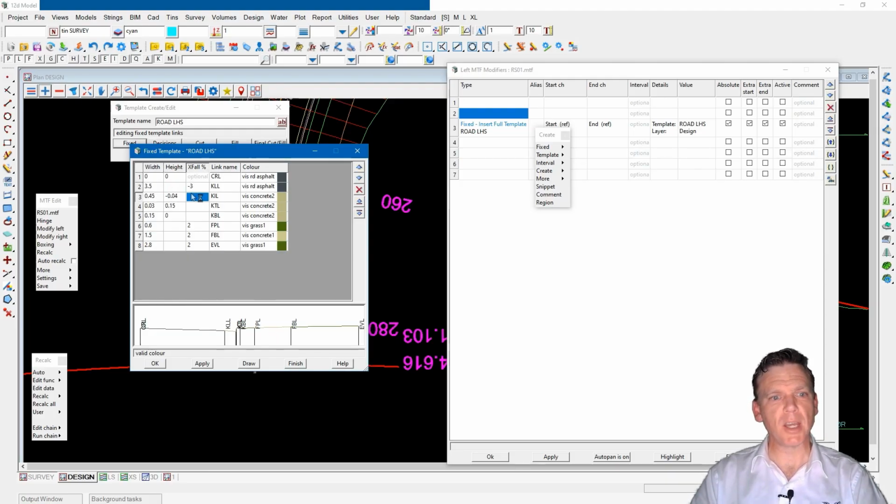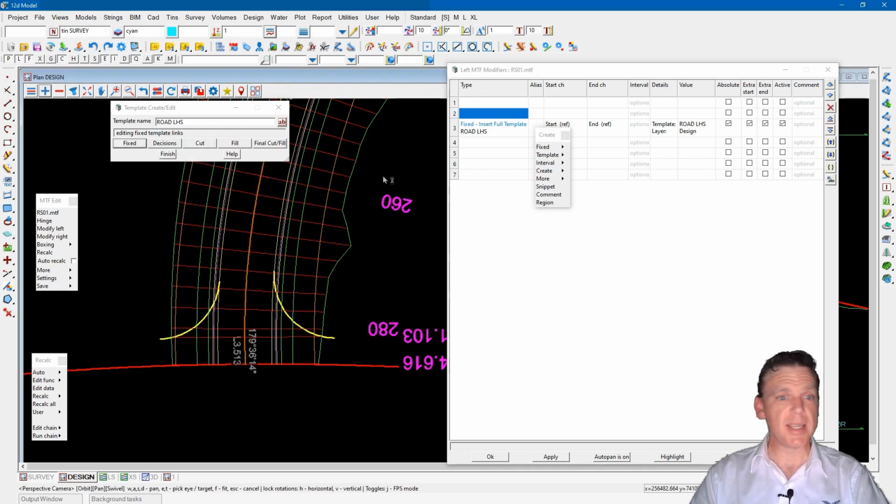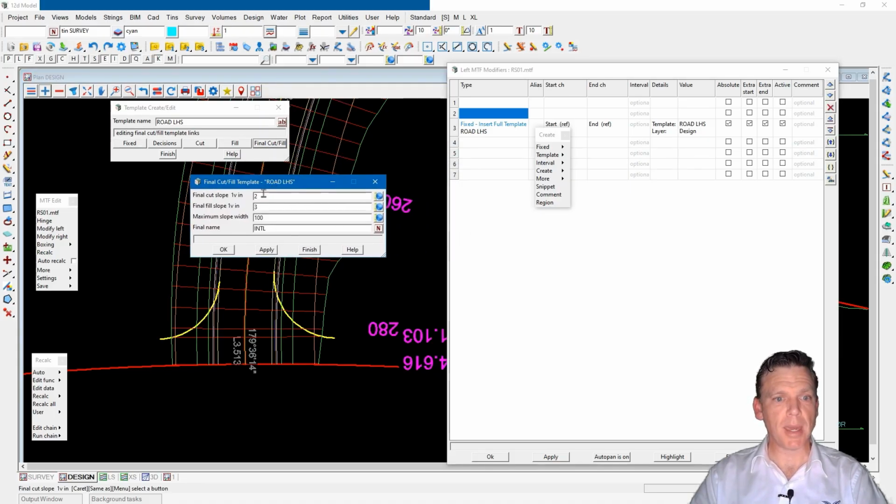And then we just have to take note of what length it is that we wish to change, the name of the string, essentially, and where that string is generated across the actual design. So if you wish to change something like the final fill slope or the final cut slope, well, out of the template, we've definitely given it some answers, 1 in 2 and 1 in 3, but it might be that you want to come under the templates, under the final cut and fill part here,